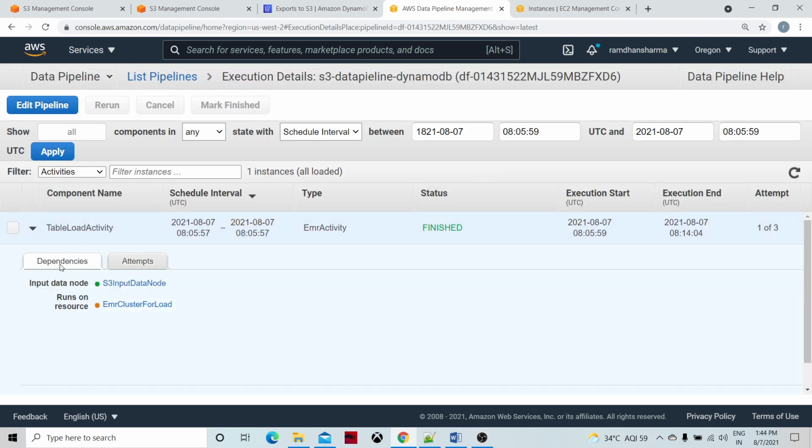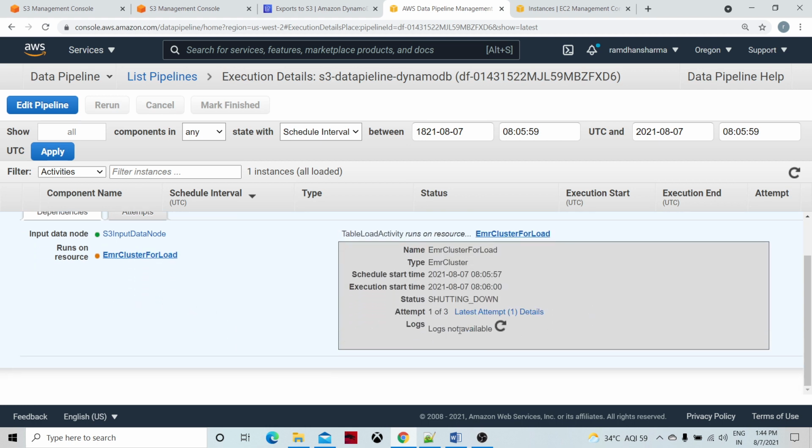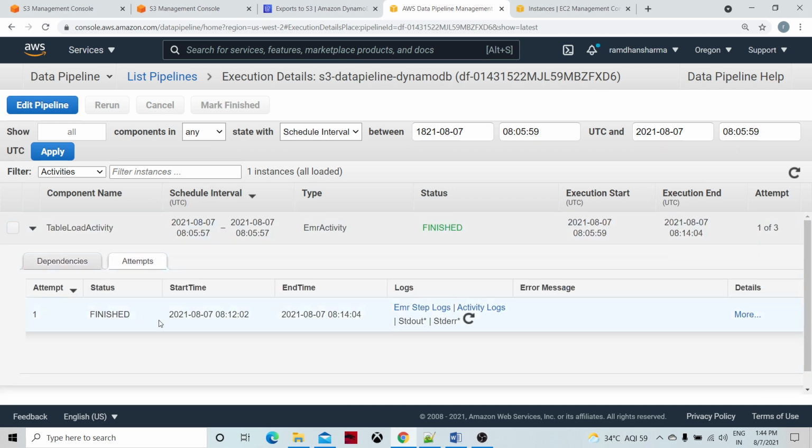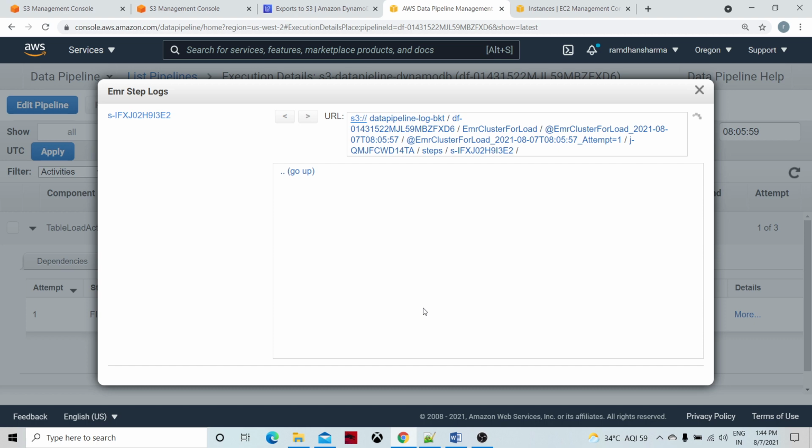What I can do is go to the dependencies and click over here, and logs are not available actually. Looks like the attempt finished, EMR step log.